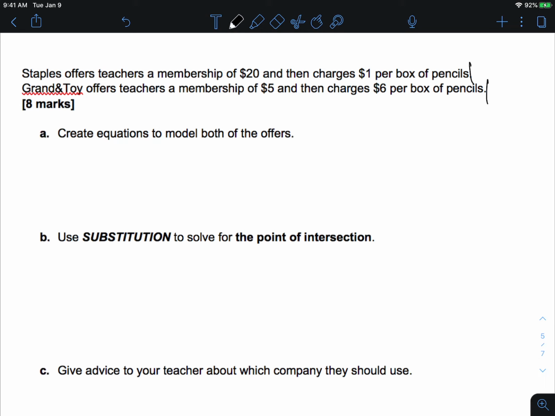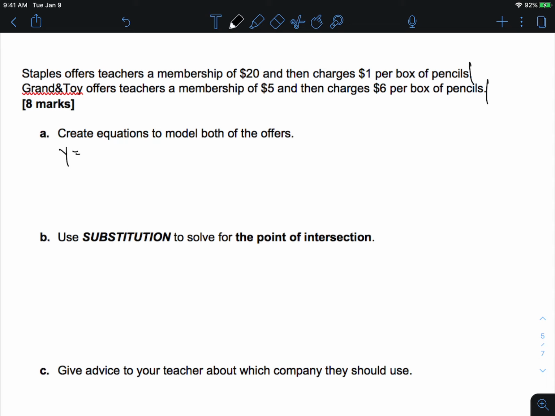Then your final piece here is, okay, you've got to make up your mind. You've got to advise them, right? So let's come up with the two equations. Let's say dollars, because that's what we're going to spend, right? Actually, we just won't make this fancy. We'll say y equals,